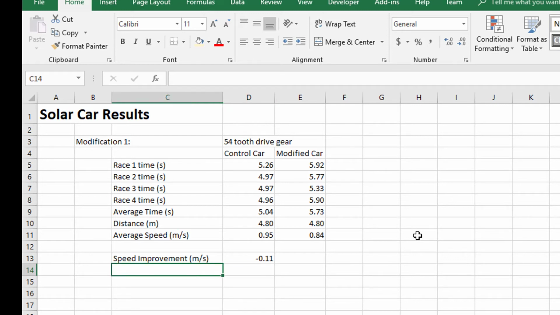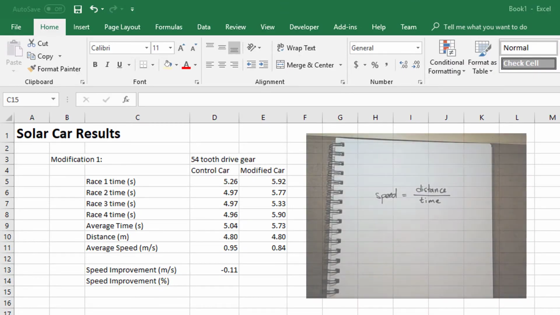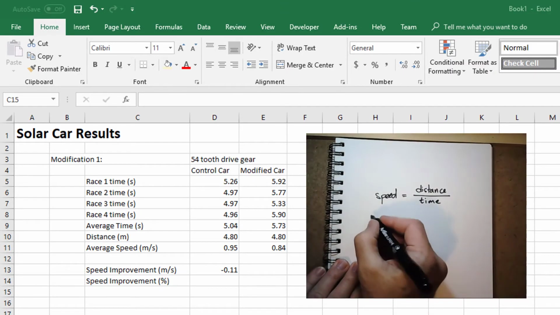What I'd like to do though is I'd like to know that improvement as a percentage. So what percentage faster or what percentage slower was my modified car than my control car? So let's do that. Let's go speed improvement. But this time, instead of in meters per second, I'm going to calculate it as a percentage. All right. Okay, so the formula we're going to use for this one, we're going to say the percent improvement